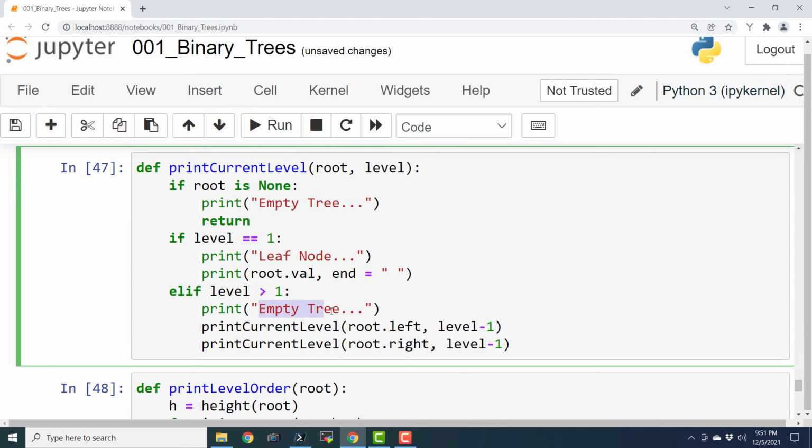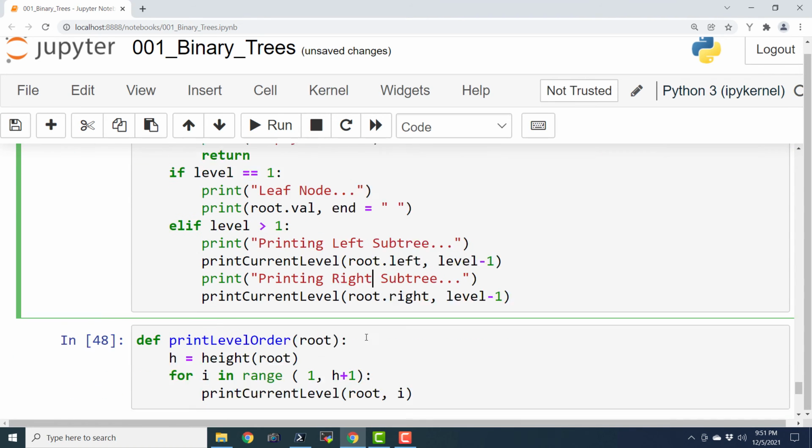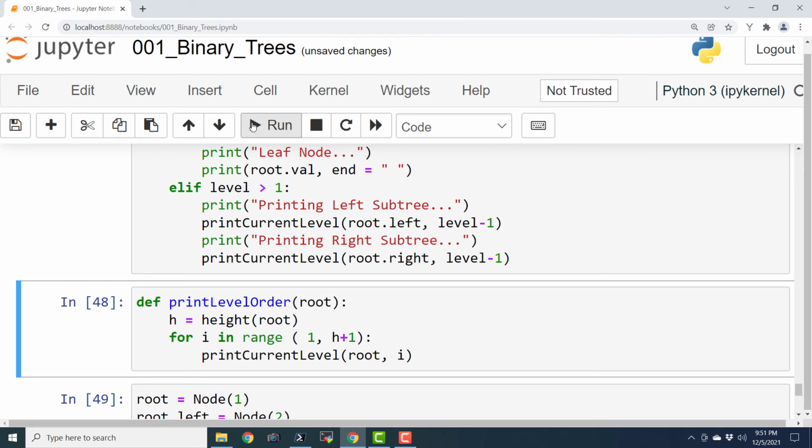And now I will say printing left subtree, similarly printing right subtree. And then I'm going to say print level order.